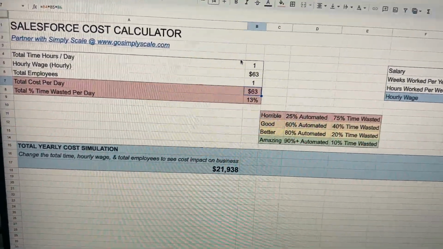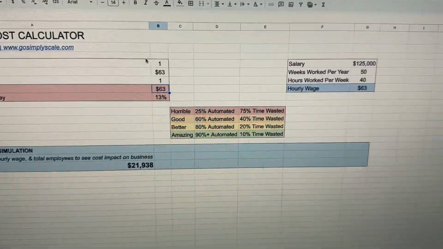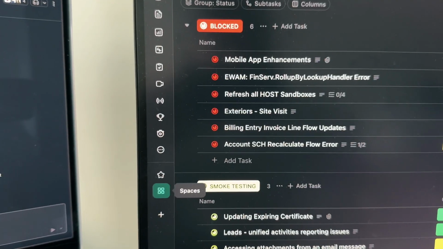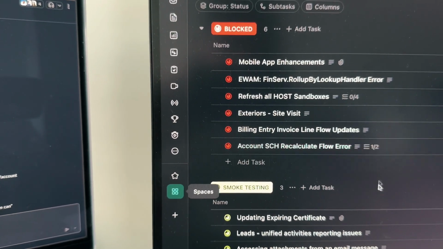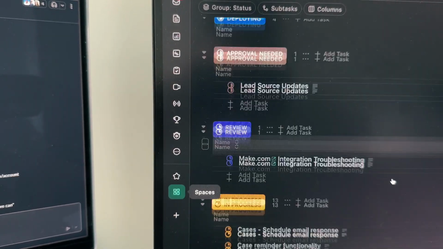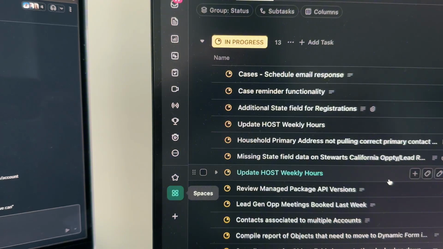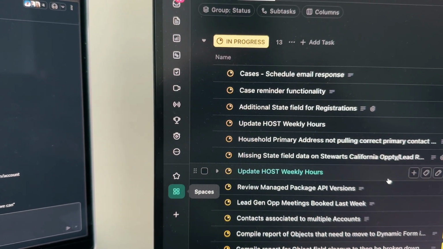Point is, there's a problem. Who does that affect? How long does that take you? And once we know that, we can throw it in our cost calculator. And then we build up this backlog of items. The backlog of items are going to look something like this, where your Salesforce consultant should put together all the tickets that they're working on and the statuses that they're in, so you know exactly what's going on and they're being transparent with what is happening in your org.